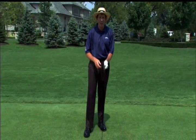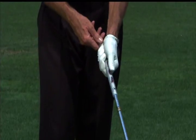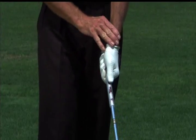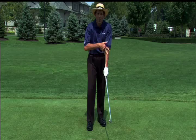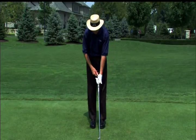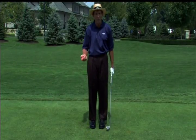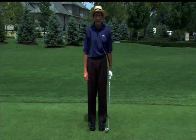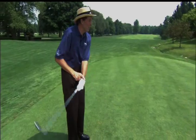What I see generally with most golfers is they grip the club way too much up in the palm. As a consequence, they grip it very tight, their tension is wrong, they create a lot of tension up through the arms and the shoulders, and it doesn't allow them to swing the club smoothly. Furthermore, if you have the club up in the palm, as many golfers do, I would say probably around the world, maybe 75 to 80% of golfers have this problem, it doesn't allow them to really use their wrist correctly